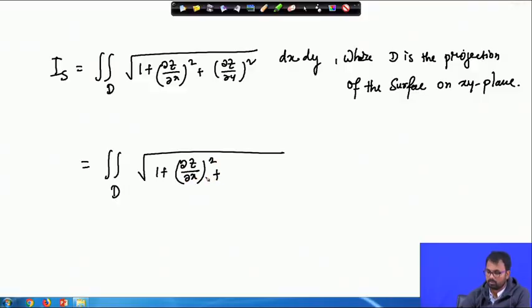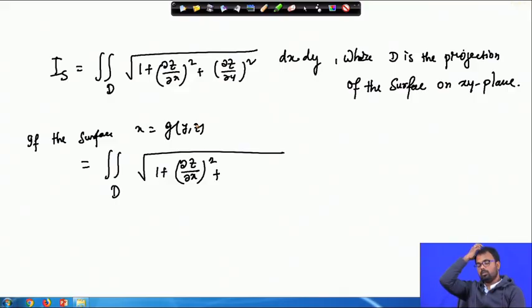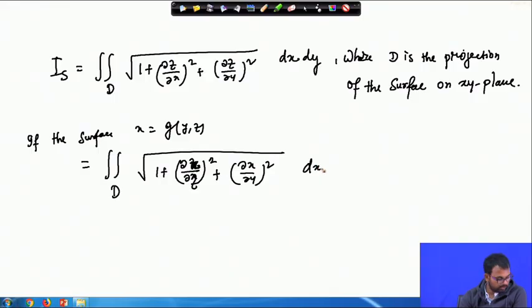So this is the projection on the yz plane. Now, if the given surface is x equals g(y,z), then again I can substitute y equals u and z equals v, and then it will be x(u,v), and therefore the required form will be the integral of the square root of 1 plus (del x del y) squared plus (del x del z) squared dy dz,